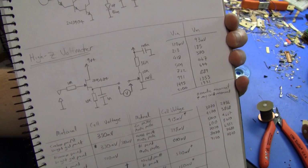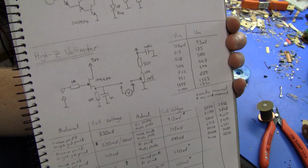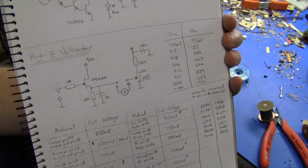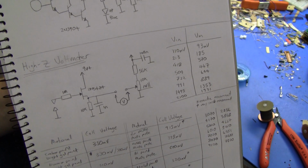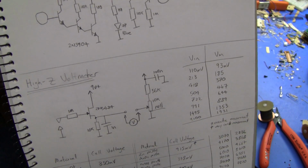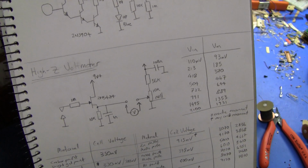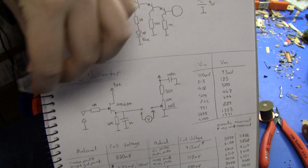It has a fairly low leakage, but it could be better. I probably should have used a PN4117 or a more capable op amp. Even your average TL072 op amp probably would be okay, but there are better op amps. I didn't have them at the time. I've ordered some, and I rummaged through my junk box, and I managed to find one specimen of an LMC662